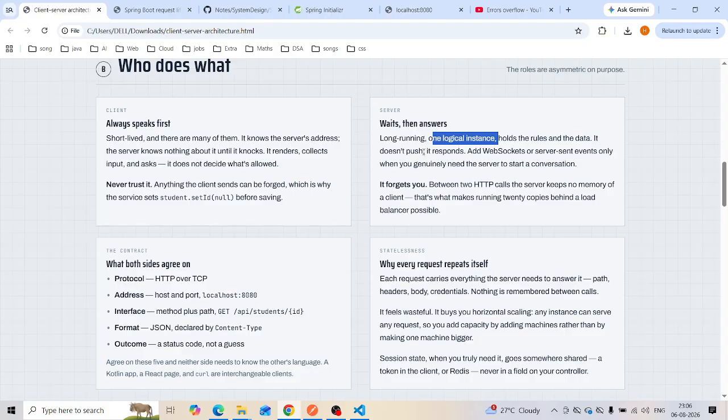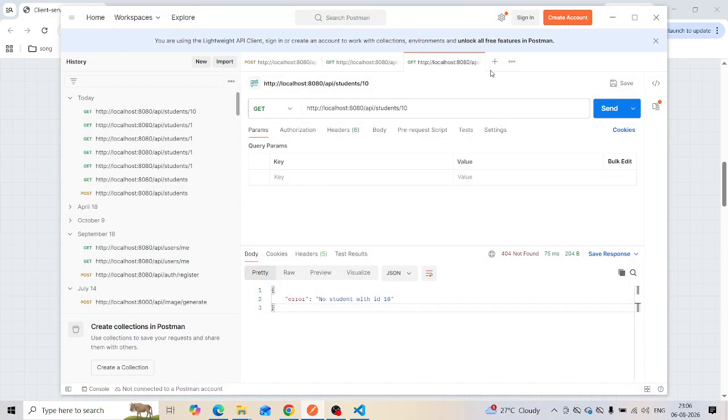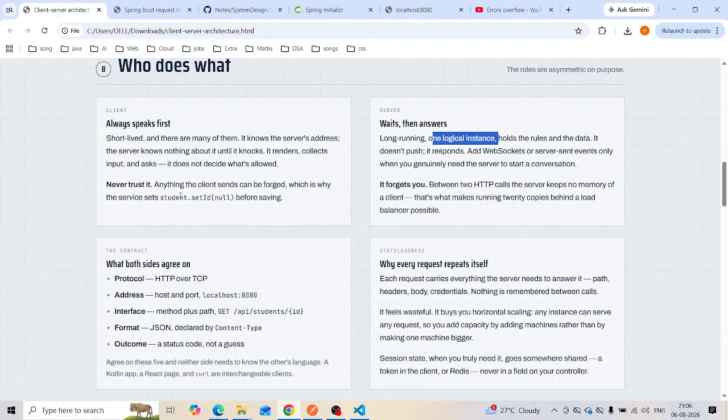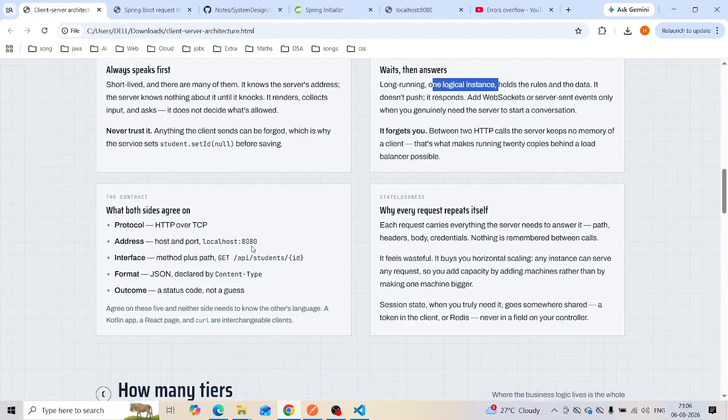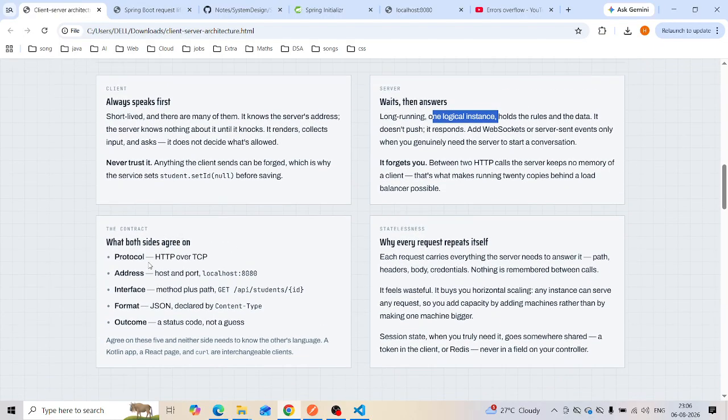It does not initiate, it responds, and the client is short-lived and there are many of them, because we can create many tabs here and open that. Both sides share the contract: the protocol HTTP, host and port, method plus path, JSON declared by content type, and then a status code.